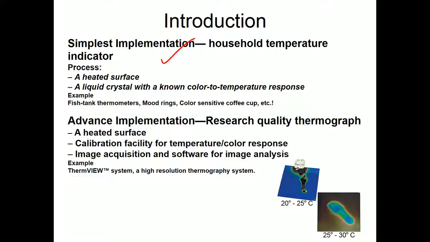As it comes onto your forehead, it changes the color. So, if you calibrate it well enough, you would be able to make out what your body temperature is. These are the simplest implementations, which do not require much effort. Advanced implementation, which is research quality,